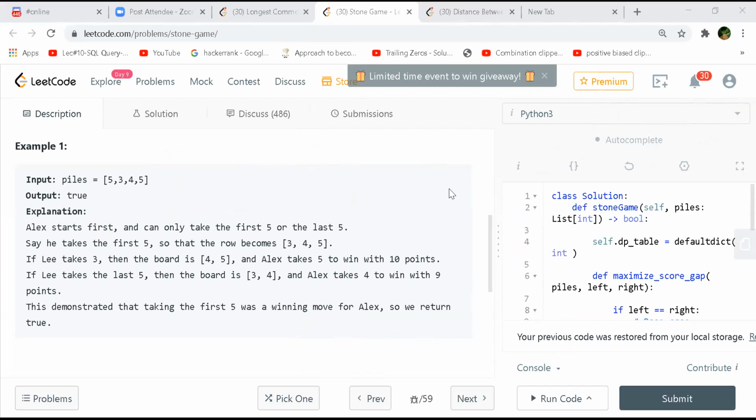But can we discuss such an example? Because I tried to use the greedy approach and it passed all tests. Could you please share an example where it will not work? Actually, this problem will pass even if you return true. Yeah, this problem is not properly done the way they have set it up. Sorry for interrupting, but I tried the greedy approach. Each of them just took the maximum value, and it passed. It would be nice to have an example where it does not work. For this problem, everything will work. But in the greedy approach, what we can do is, for Alex, right?